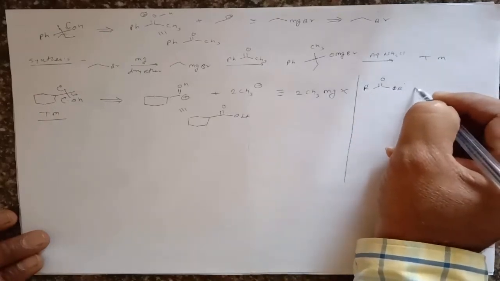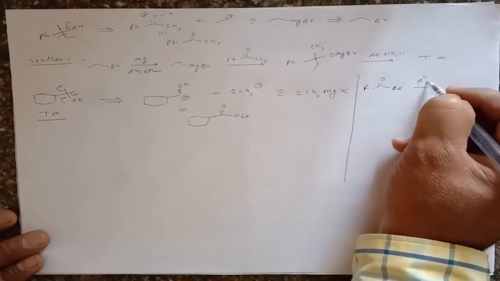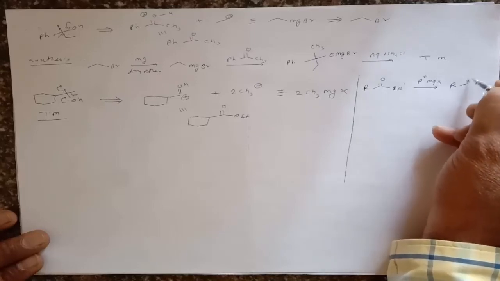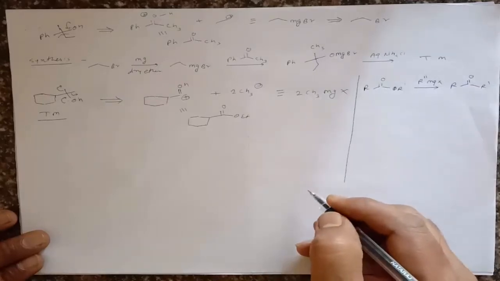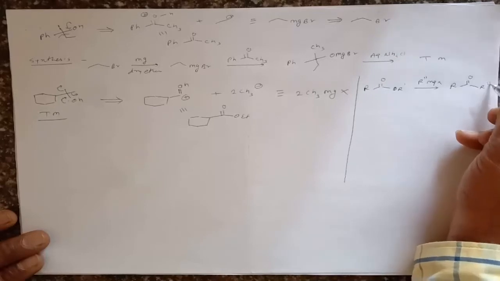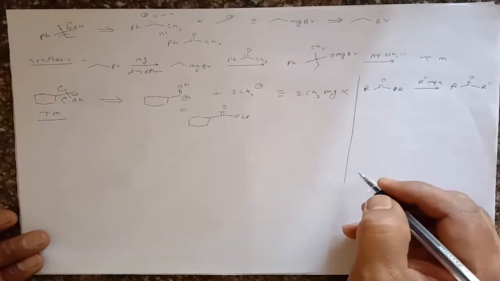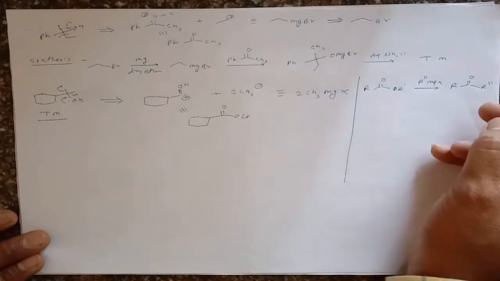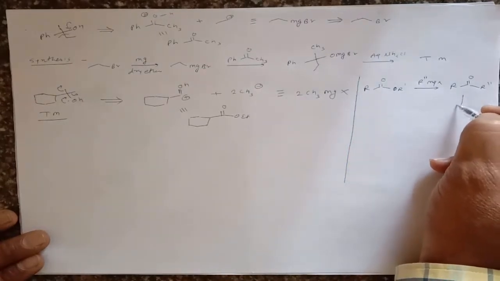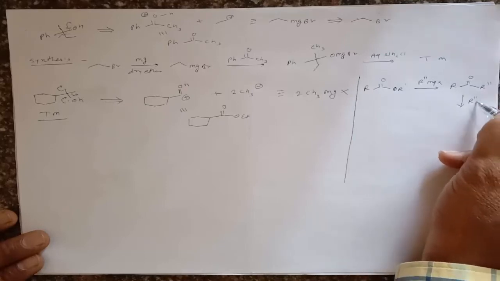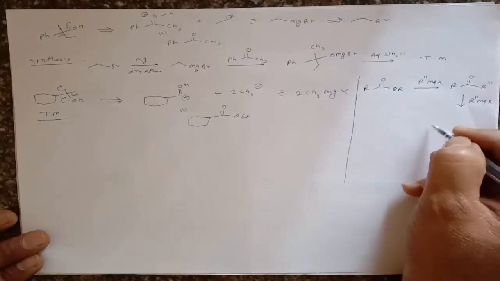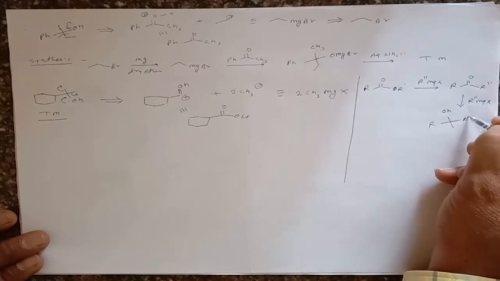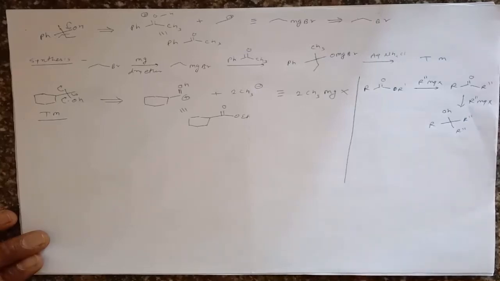And in that molecule if we are adding R double dash MgX, right? So what it gives? It gives formation of R C=O R double dash, that means a ketone. When we take an ester and add this Grignard reagent, it gives formation of a ketone. But this reaction will not stop at this position. It will take another molecule of this Grignard reagent and give a tertiary alcohol with two same functional groups at this position, right?